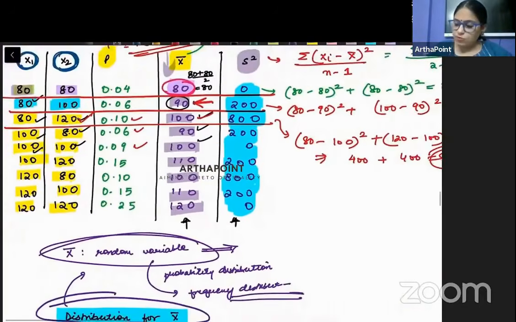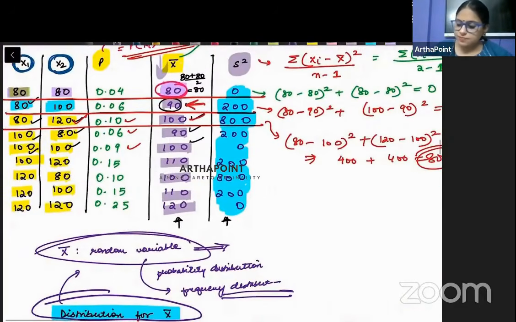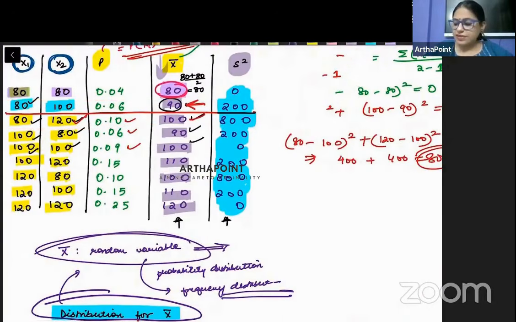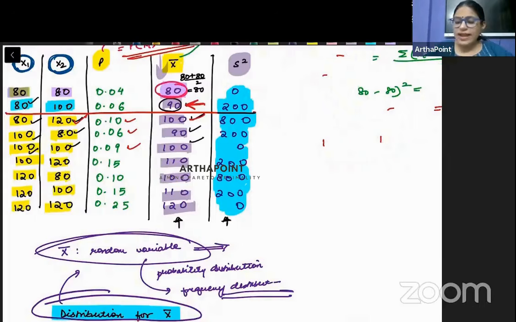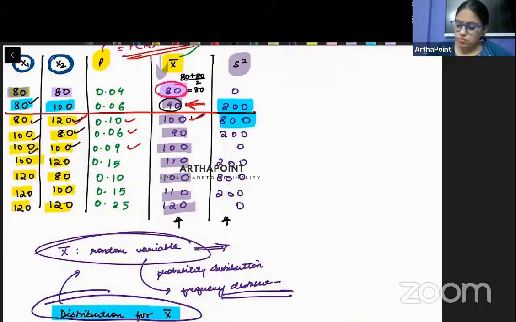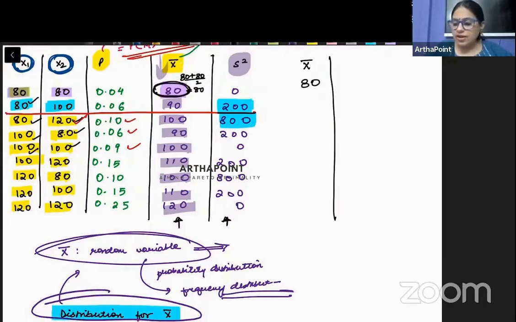Okay, so I'm going to minimize this for a moment. This is the table that we have created. Just focus on sample mean for now. Look, I want to focus on sample mean being 80. So where all do you see the value 80? It shows up here. Do you see the value 80 anywhere else? No, we don't. So the frequency of x bar will be 1.